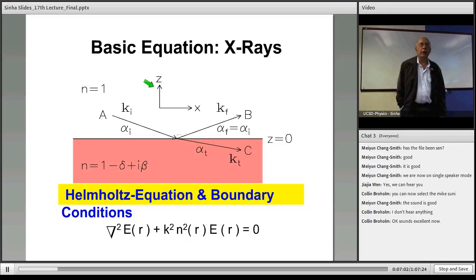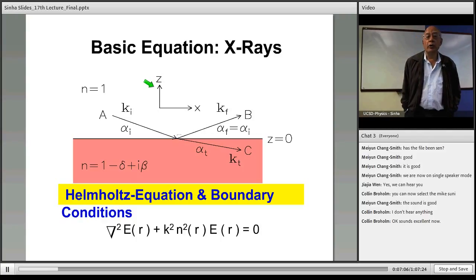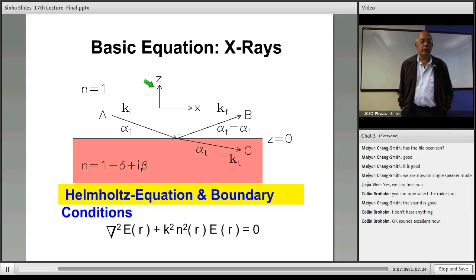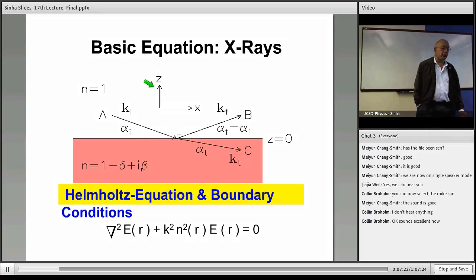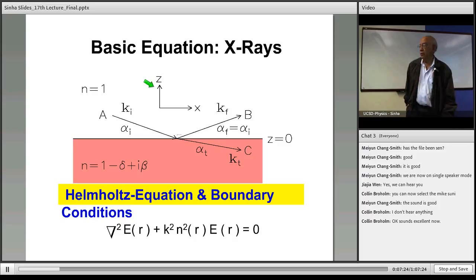And I think in one of the first lectures, Professor Broholm derived the expression for the refractive index in terms of the scattering length density. So I'm going to come back to that later, and it also depends actually on the magnetization density. So it's a general function of the magnetization and the nuclear density, and could depend on position. So we write it in this way, and